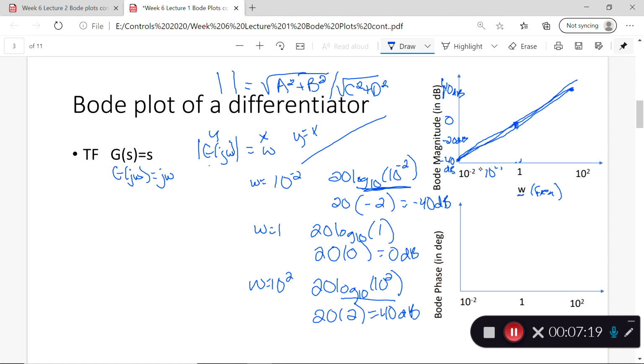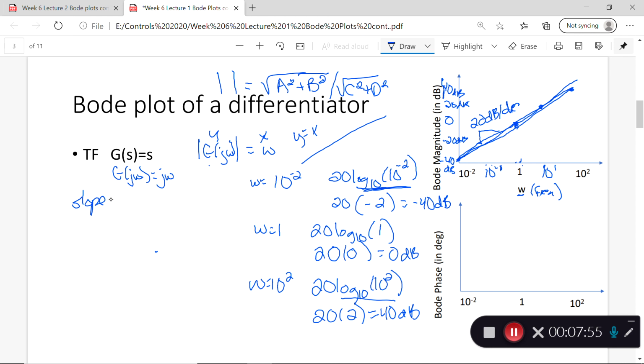And what is the slope of that line? For each decade going by a power of 10, from 10 to the negative 2 to 10 to the negative 1, increasing 1 decade, I went up 20 decibels per decade change in frequency. From 10 to the negative 1 to 1, that's an extra power of 10, going from 0.1 to 1, that went from negative 20 decibels to 0. If I did 10 to the 1, this should be up to 20 decibels. And from 10 to the 1 to 10 to the 2, I got up to 40 decibels. So my slope,